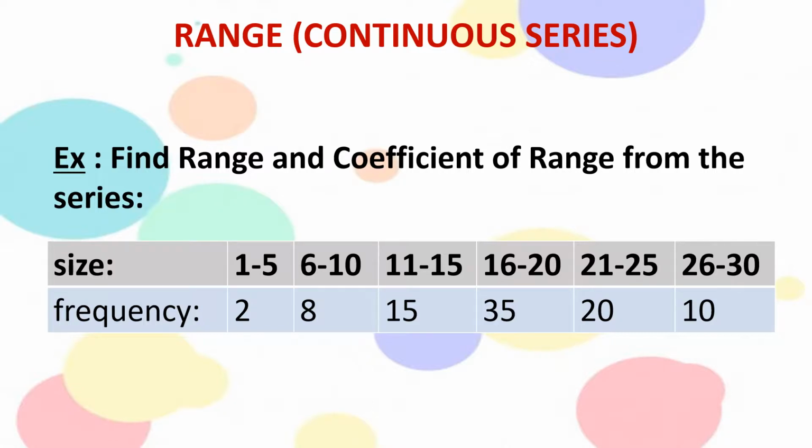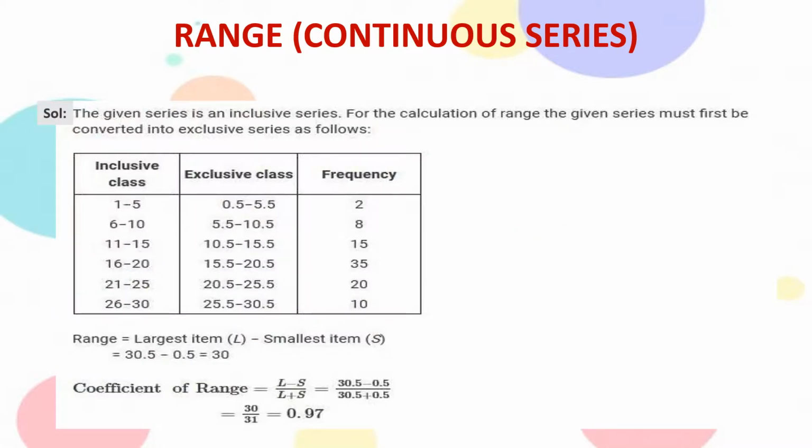Whenever inclusive series data is given to you, you are supposed to convert it into the exclusive series, and then we have to find out the corresponding values. Here is the inclusive series. First we have to convert it into exclusive series for further calculations. And how to convert it is, consider any two classes from the data. Suppose you are considering the first two classes, that is 1 to 5 and 6 to 10. Find the lower limit of the second class and the upper limit of the first class. Here they are 6 and 5. Now we find the difference of them, which is 6 minus 5 gives you 1.